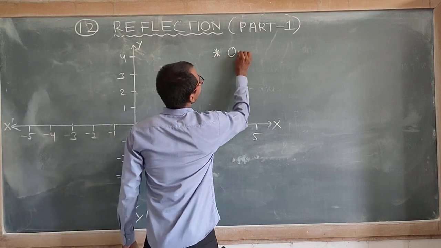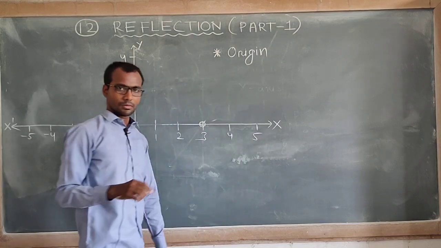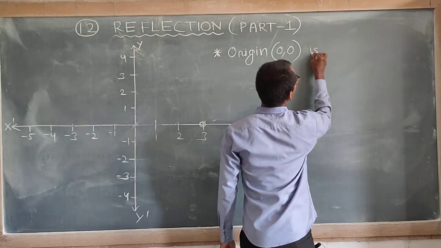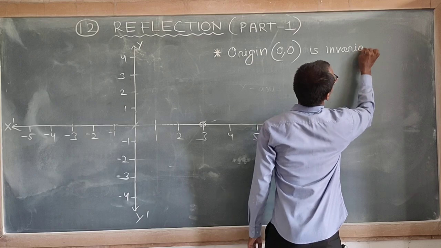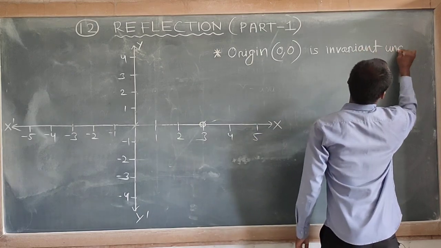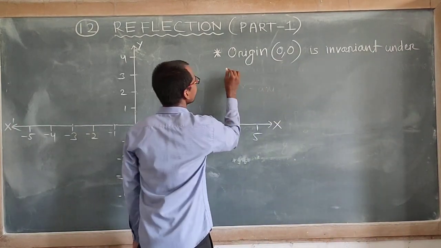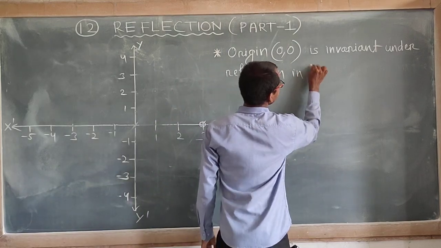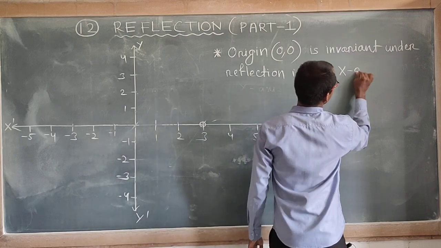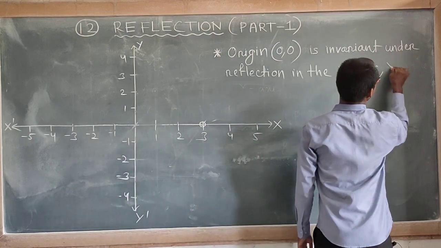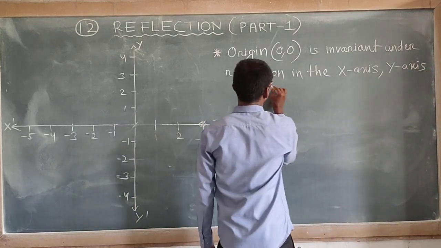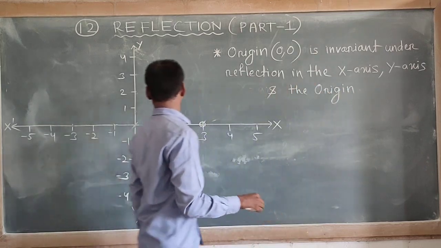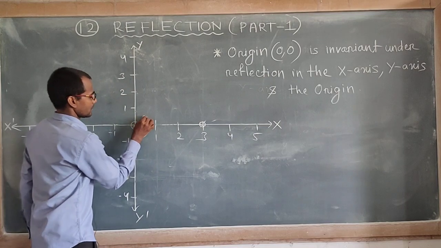The origin, which means (0, 0). This point is invariant under reflection in the x-axis, y-axis and the origin. If you take this point (0, 0),